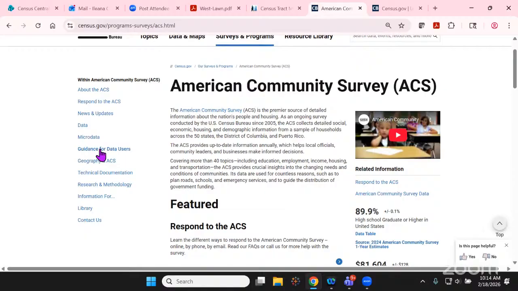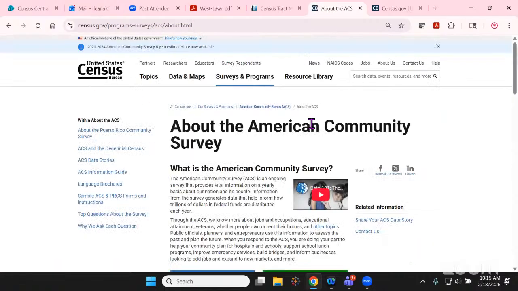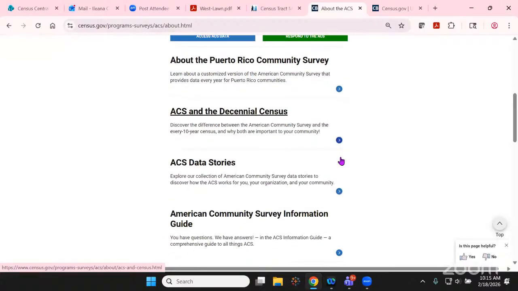Thank you. So this site will give you guidance if you're going to be using ACS. It also gives you the technical documentation, okay? Challenges to using the data, the geography that is covered in the survey sample areas. And so anything that you want to learn about the survey itself, it's here. But what I want to point out to you is this top link about the ACS. And towards the bottom, we have